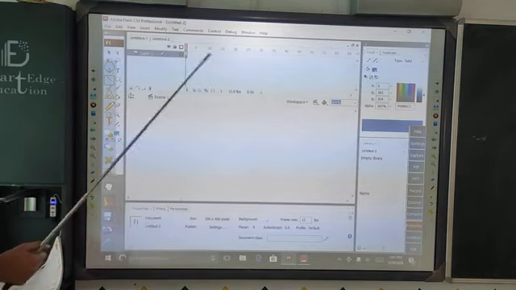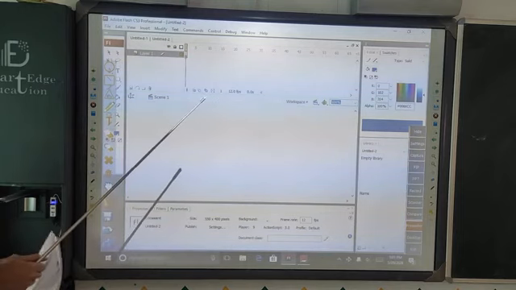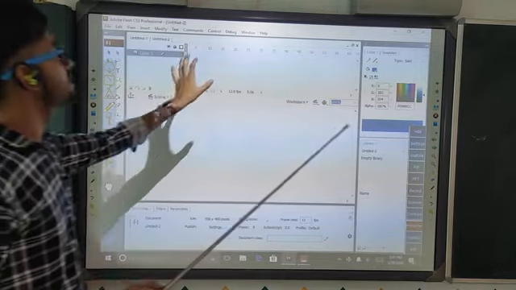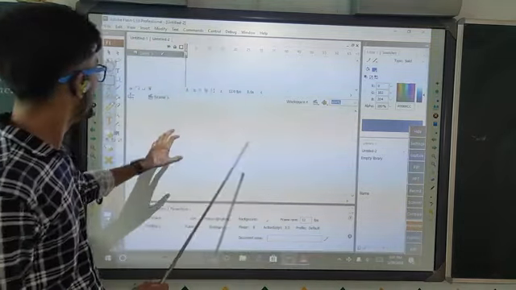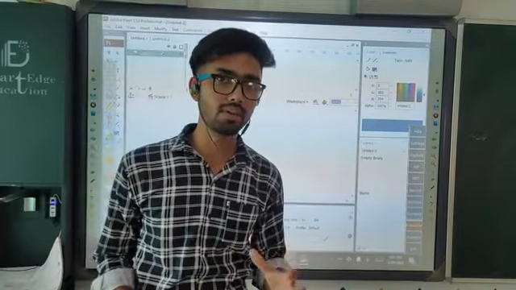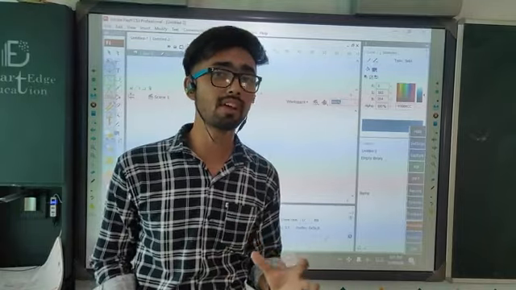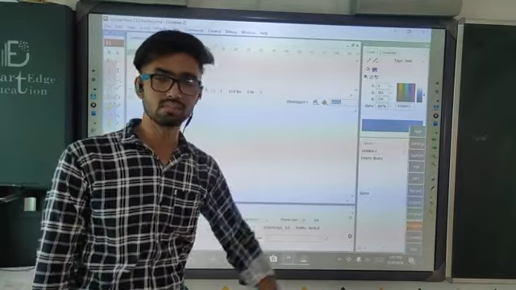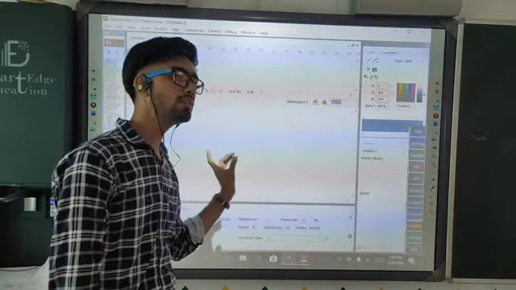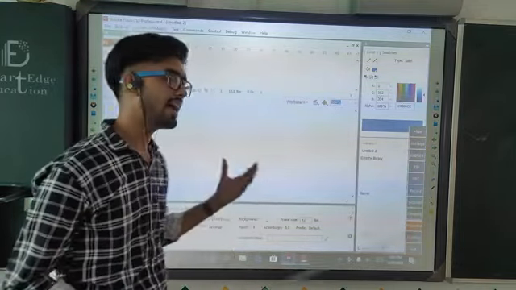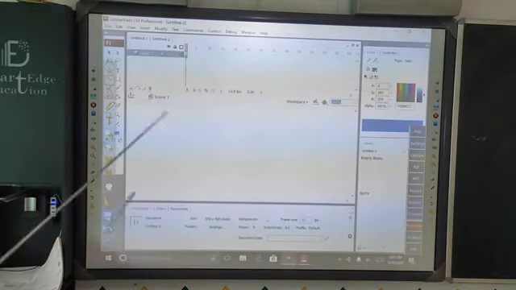So now let's start some work in our Flash. Listen students, this is the timeline. This stage belongs to my first frame. If we want to create an animation, then obviously we have to add multiple frames. When we properly move all the frames in a row, we will find that all the movement of those frames is converted into a video. By this method, we can create animations. So now I have added the first frame.